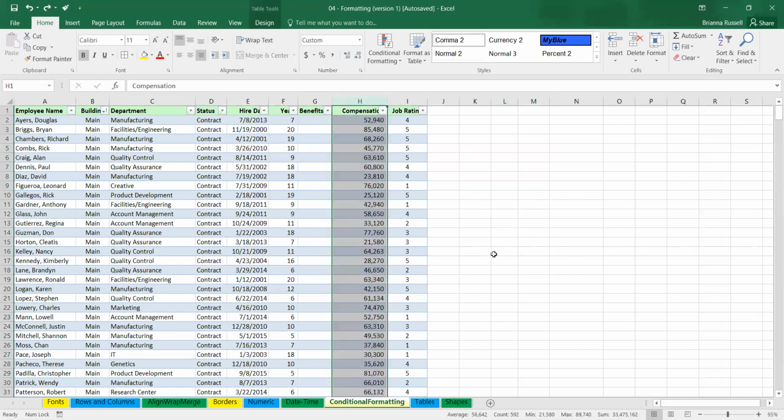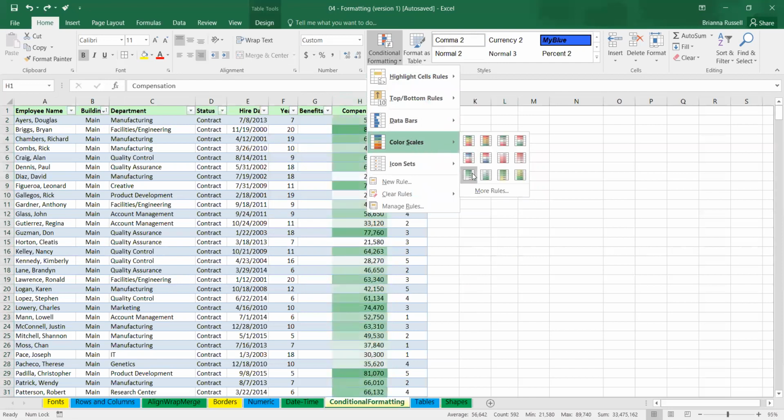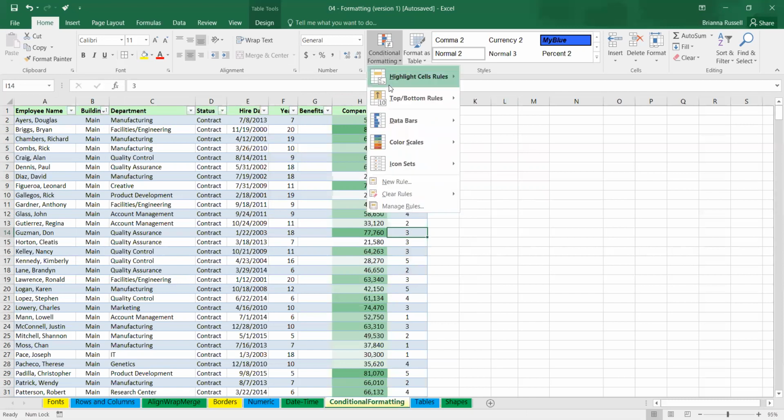So let's undo that. Another way to do that is with these color scales. These ones are pretty nice. They give this gradient color, and so you can see the darker it is, the higher it is. That's an easy way to show right off the bat what's going on. Just to explain the rules a little more,